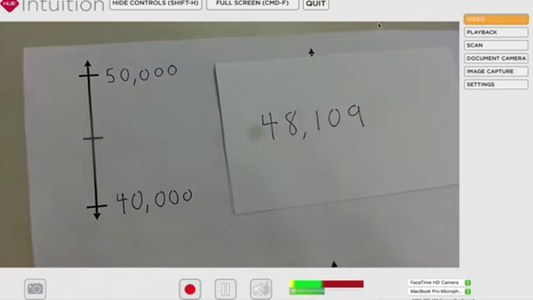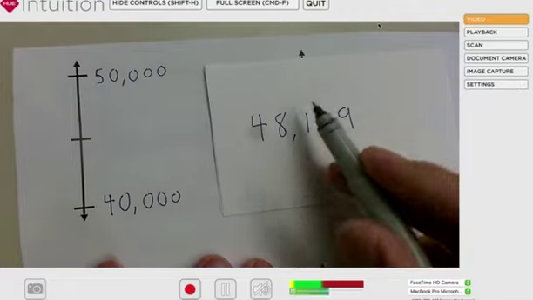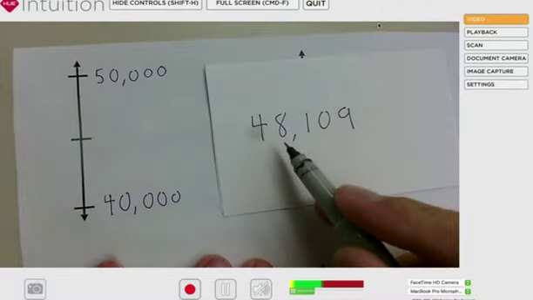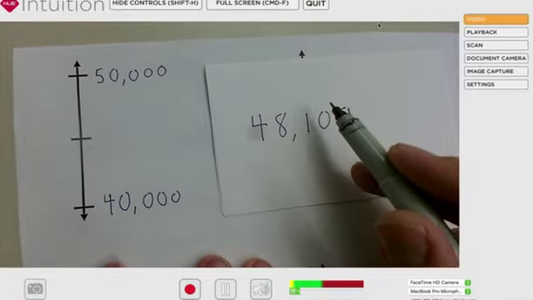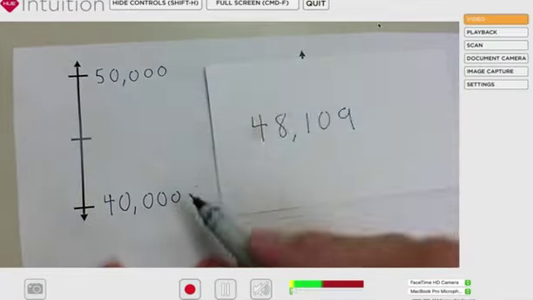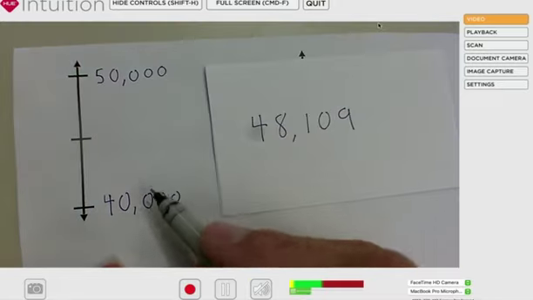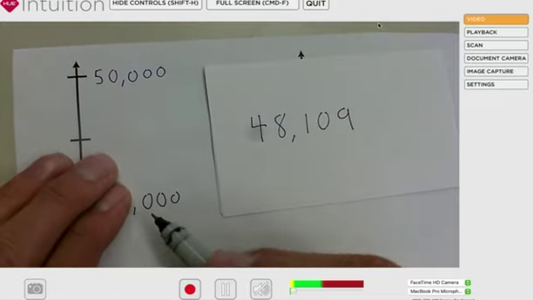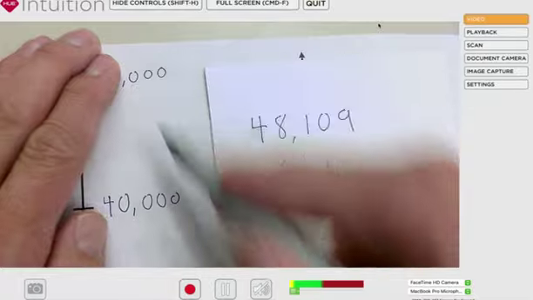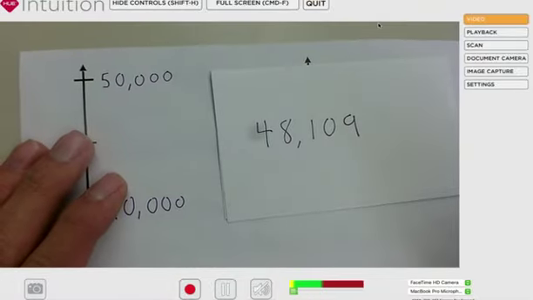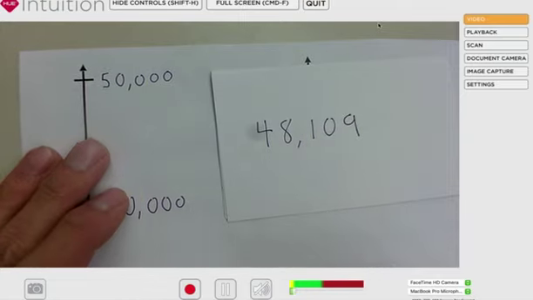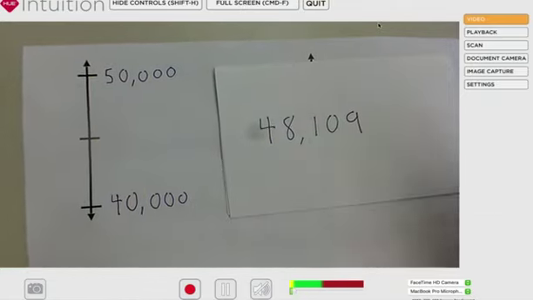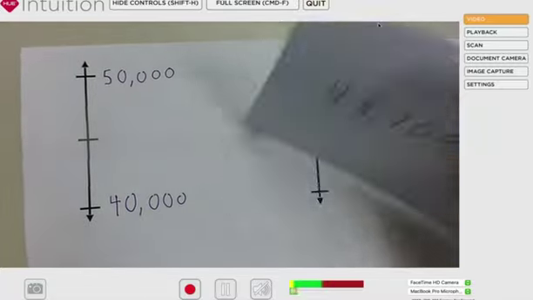As you can see, this is different. And again, just like last time, all the numbers to the right of the comma turn into zeros. There should not be any numbers on this number line, top or bottom, to the right of this. They should all be zeros, regardless of whether you're rounding to the nearest 1,000, 10,000, or 100,000. These change to this. It's really important that we know that. Okay? Next,